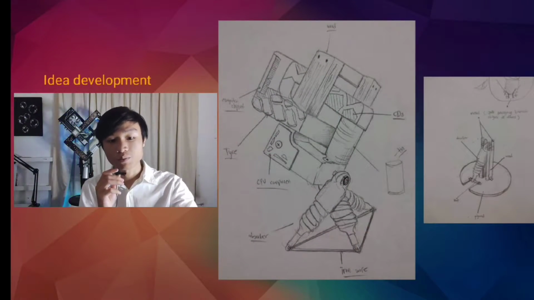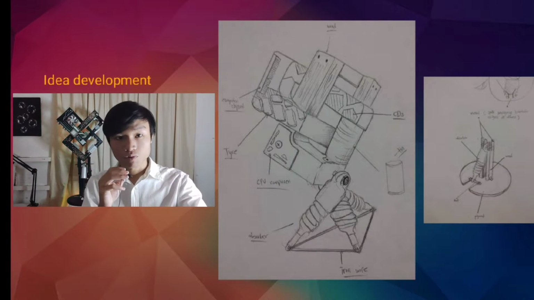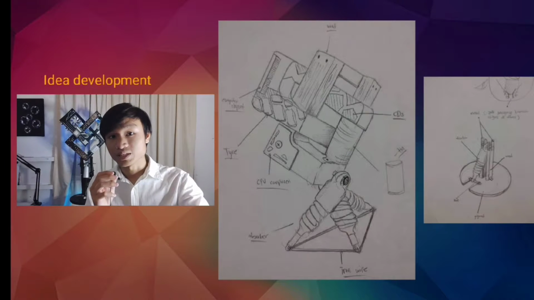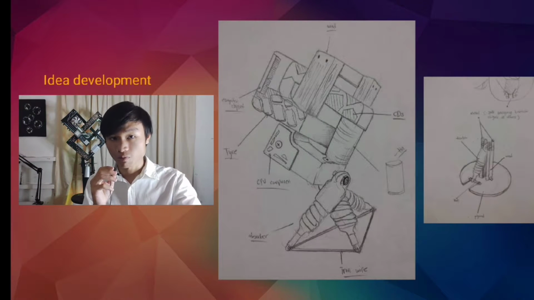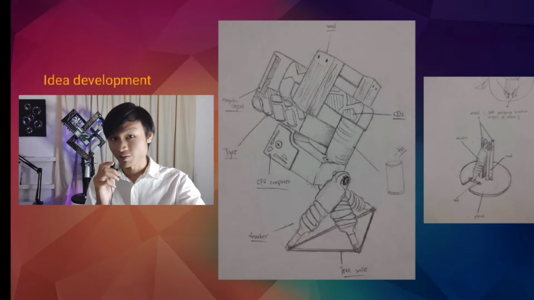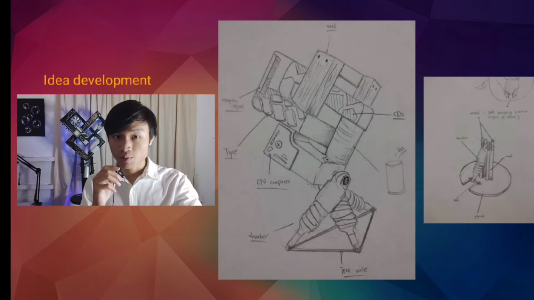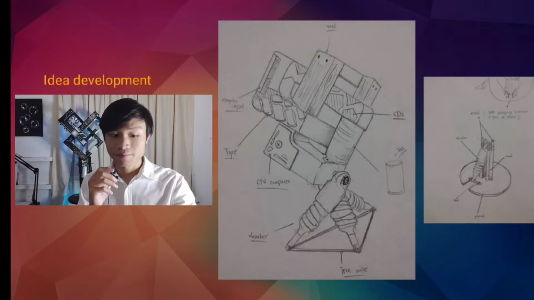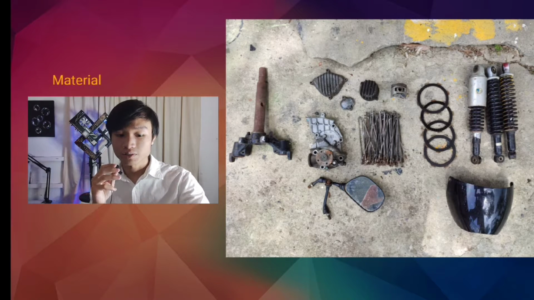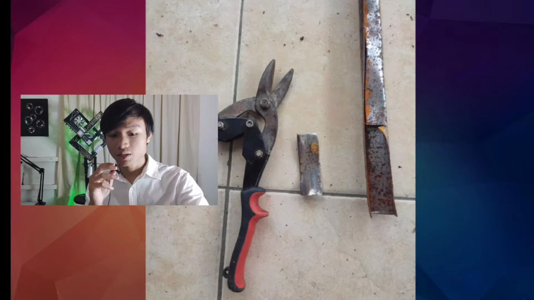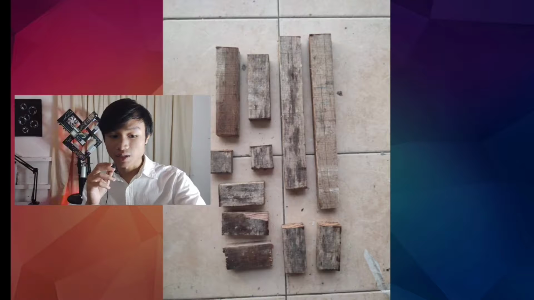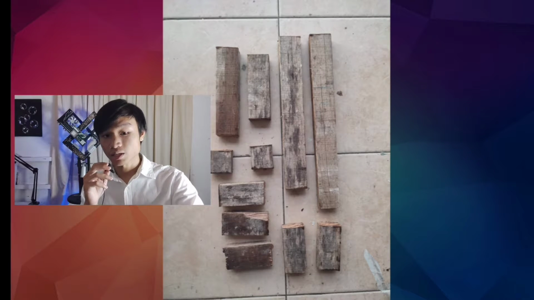Firstly, I started with idea development to ensure all of my found materials at home could be applied in the sculpture. Of course, each of the ideas needed to be discussed with my lecturer so that there would be no mistakes in terms of form or use of material. Thanks to Sir Muhammad Razifati for the guidance. These are all the materials that I found at home, and I chose to use a lot of metal and wood so that the durability of the sculpture will be maintained.